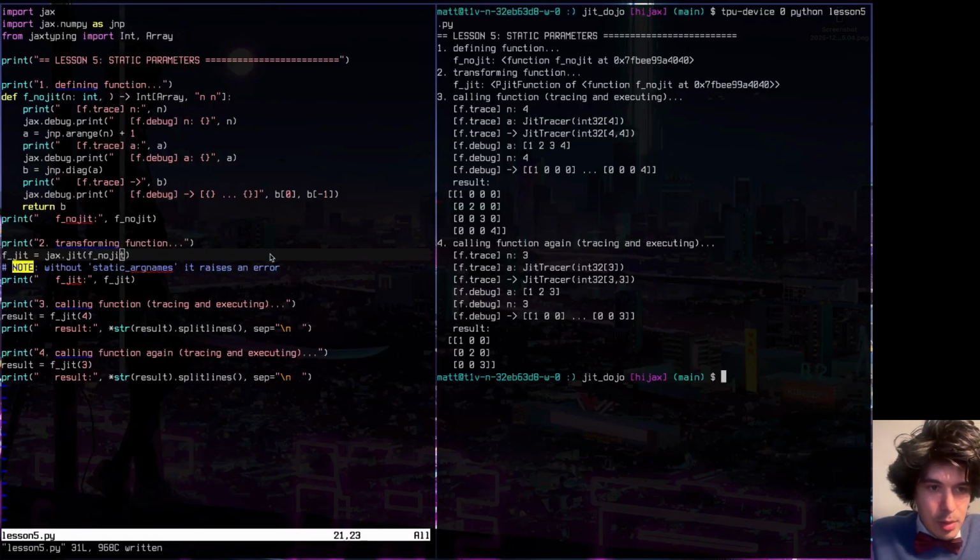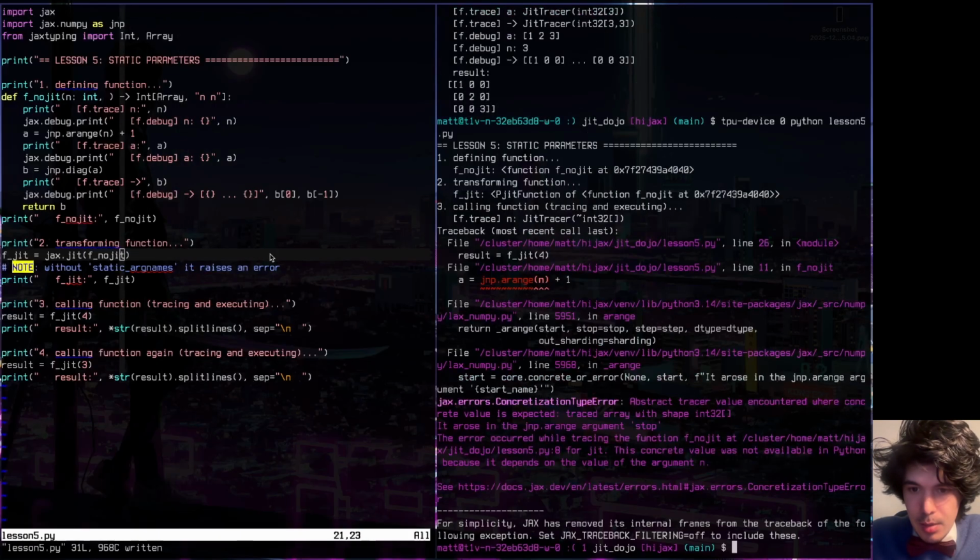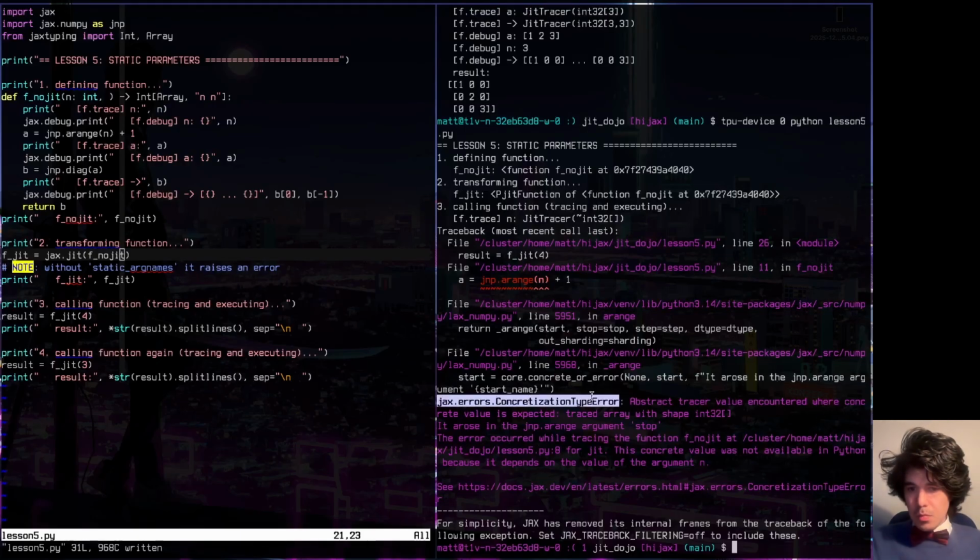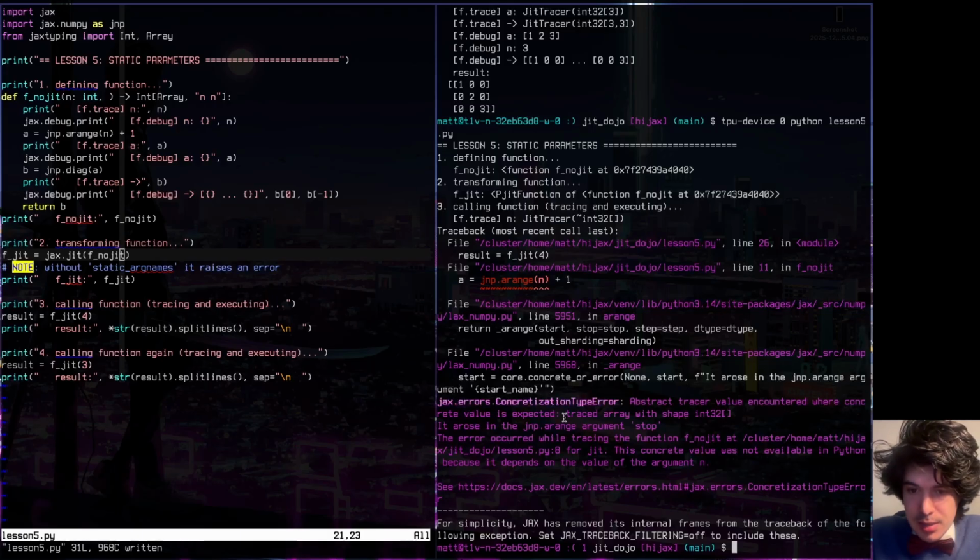And this is an error that we will have seen before. So I want to show you that error because you'll see this many times. Okay, so it's a concretization type error. So JAX is telling us that an abstract tracer value was encountered where a concrete value was expected. And that's in a traced array with shape int32. That's what was found. It arose in the jnp.arange